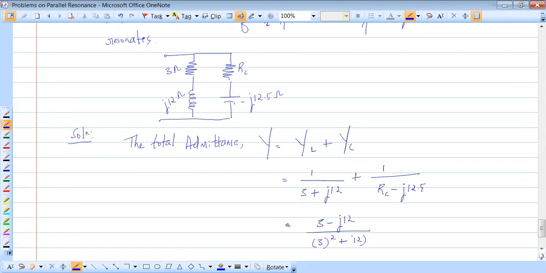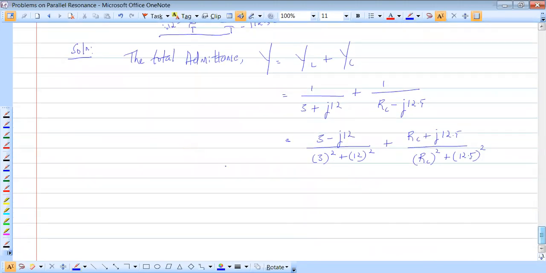plus 12 square, plus RC plus j12.5 divided by RC squared plus 12.5 squared. Okay, so what you would get this to be equal to. So now we have to separate the imaginary and real terms. Okay, separating imaginary and real terms, we'll find that to be equal to